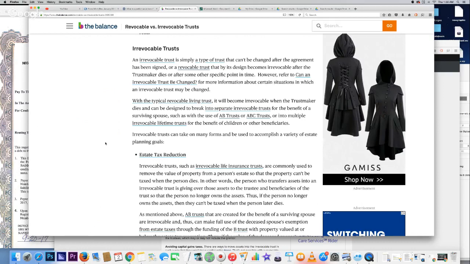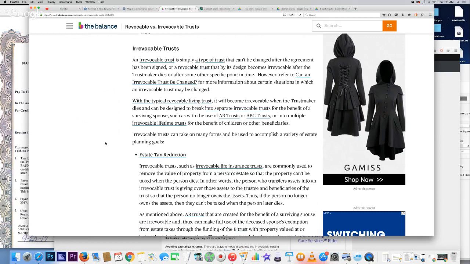Trust, it would become an irrevocable trust when the trust maker dies. Okay, with the typical revocable living trust, it will become irrevocable when the trust maker dies and can be designed to break into separate irrevocable trusts for the benefit of a surviving spouse. So the typical revocable living trust,